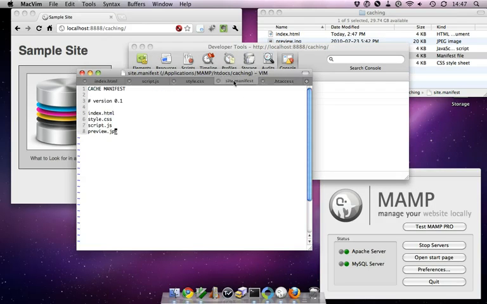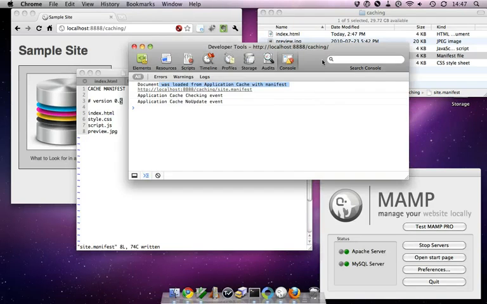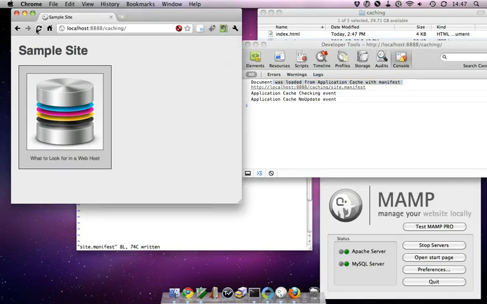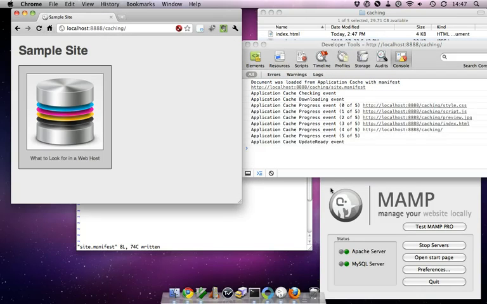This is why we added the comment in the cache manifest, because what happens is the browser will download the cache manifest file from the server, if the server is available, compare it with the manifest file it has, and if any changes have been made, then it will go to collect the new files from the server. So what I'll do here is change this from version 0.1 to 0.2, and now if I save that, let me just move this over here, and refresh the page, you can see it re-downloaded them all,